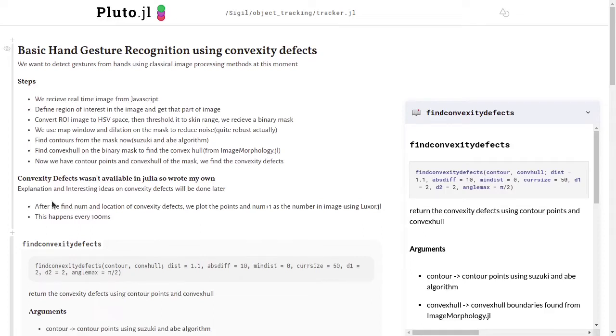Hey guys, this is my project Basic Hand Gesture Recognition, and we use convexity defects to detect hand gestures. In this project I wanted to use classical image processing methods to detect the gestures from the hand. And the steps that we use to detect the hand gestures are: